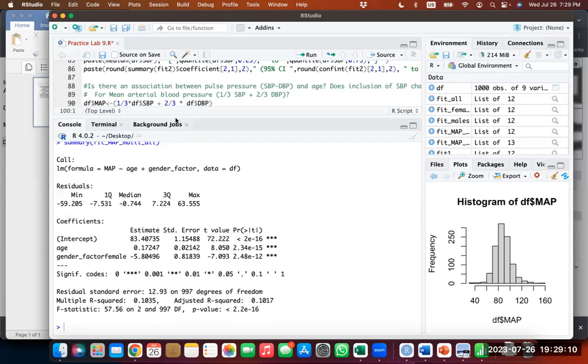What becomes interesting here is that it gives you a different formula, same dynamic with the residuals. So you get the same description of the residuals, and you now get estimates for each of your included variables. The intercept is smaller now. The intercept is now only 83, but what was added in here is age. With each increase in age, you get an increase in millimeter Hg blood pressure, which is here 0.2 smaller than it used to be with